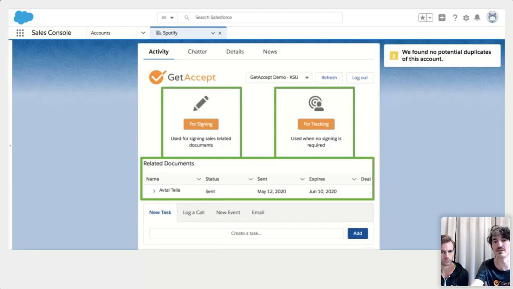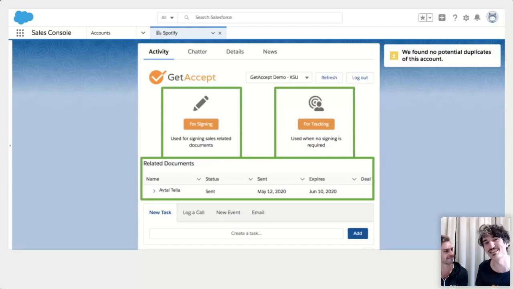So as you can see here, we're on the GetAccept demo entity, but if you change entity, you will see the documents related to this entity. The reason why we have this filter is basically because some users are not supposed to be able to access, for example, HR documents from an HR entity and so on. So entities are used to be able to separate different teams or